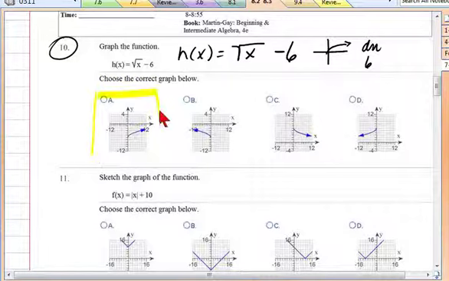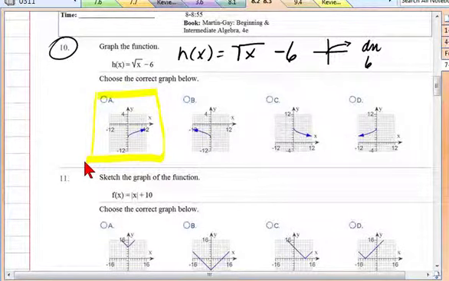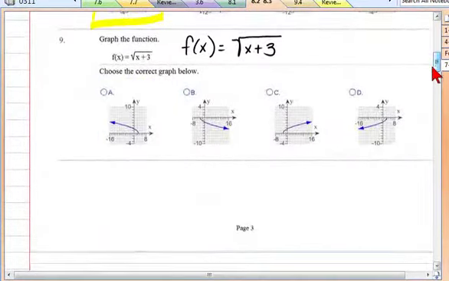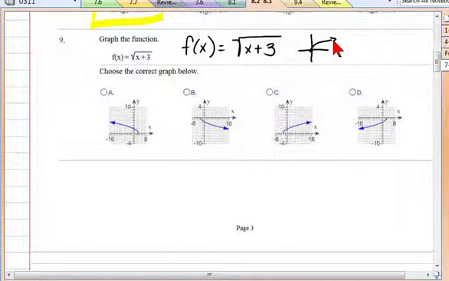Okay, I'm not sure if it always goes to the right. There are conditions under which it might go the other way, but look at it up here. It's going to the right, and all I did was shift it down 6 units. It's still going to go to the right. Now, back up to 9. Does everybody agree that this is, again, the little branch? There is a